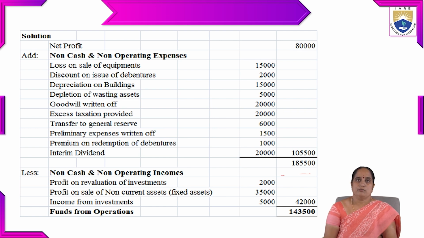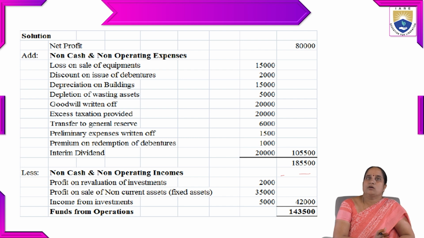From the given data, the items that fall under non-cash and non-operating expenses are loss on sale of equipment, discount on issue of debentures, depreciation on buildings, depletion of wasting assets, goodwill written off, excess taxation provided, transfer to general reserve, preliminary expenses written off, premium on redemption of debentures, interim dividend. So the total we have